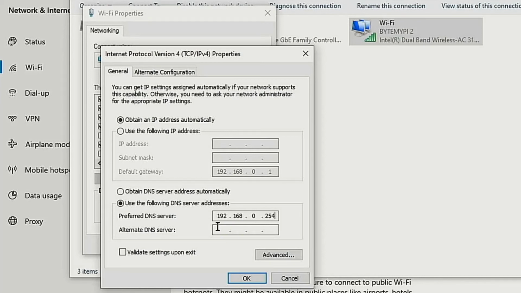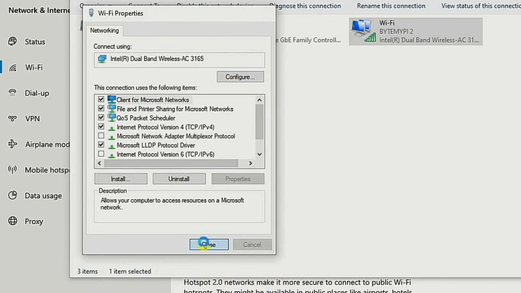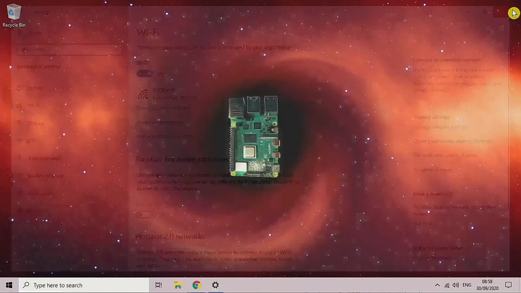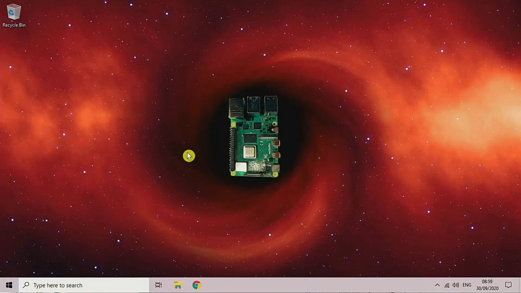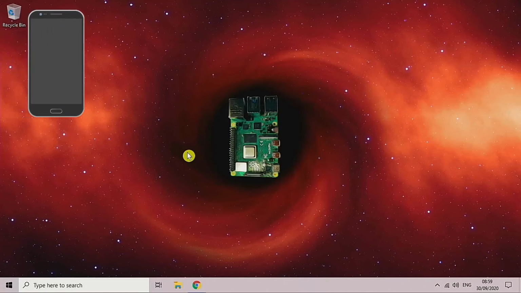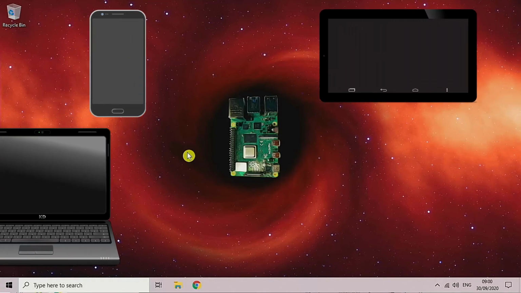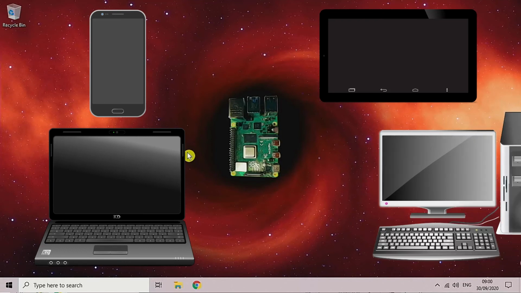And again, I'm going to leave the alternate DNS server entry blank, then click on OK and select Close. At this point you may want to restart your computer to make sure that the changes are applied. And that's how we block ads on our Windows 10 machine using Pi-hole. Obviously you could do this individually to multiple devices on your network. Note that on some of them you may have to set up a static IP address in order to change